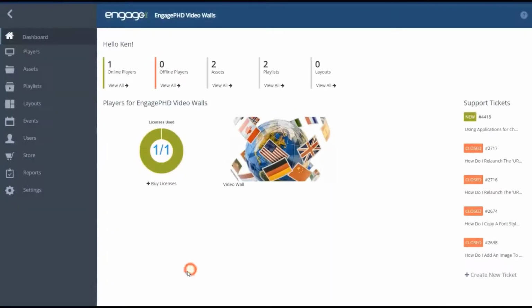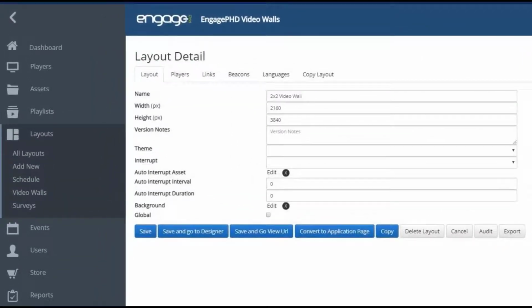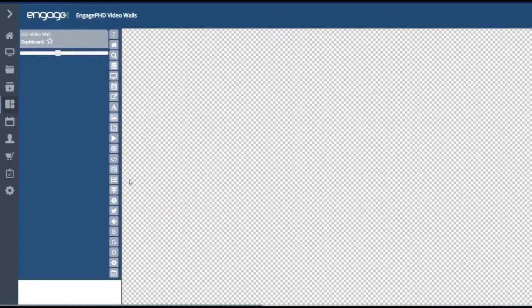When considering your design for a 2x2 video wall, you'll want to create your layout at 2160 by 3840 pixels for the width and height. This will create a full 4K resolution in your Layout Designer workspace. From here, you can then add full-screen images, videos, text, widgets, or create playlists of content to only play where